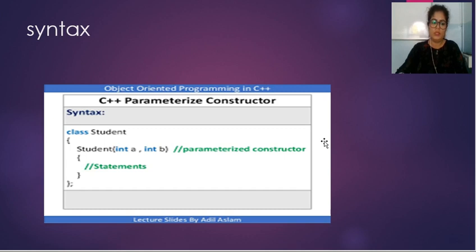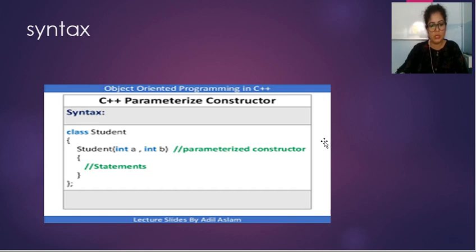Now start with the curly bracket. Student. Here student is the constructor. I'm declaring a constructor, and in the parameters the values are integer A, integer B. Here student is a constructor, and the syntax of the constructor is that it ends without a semicolon.